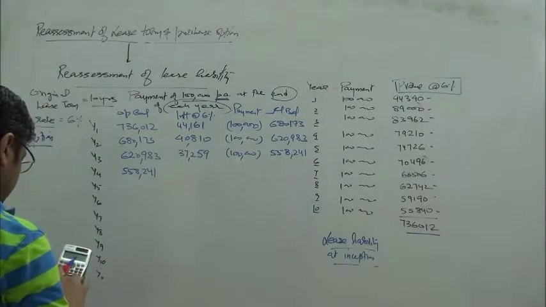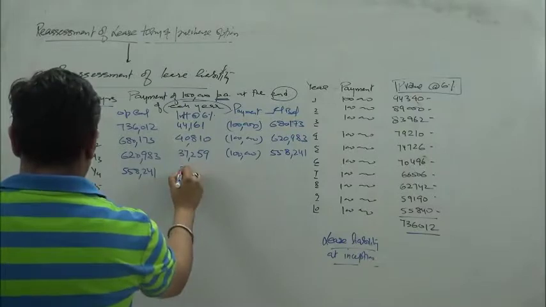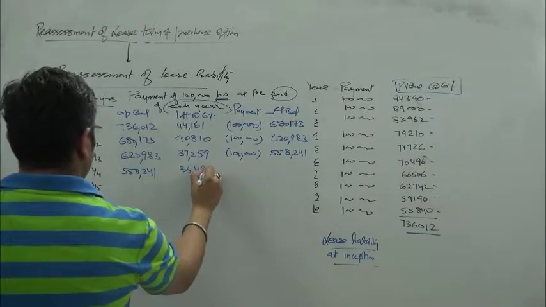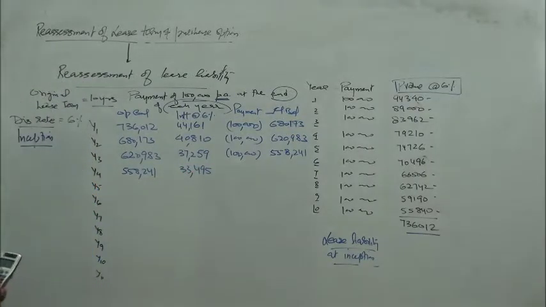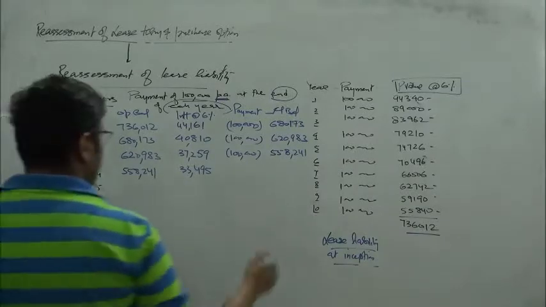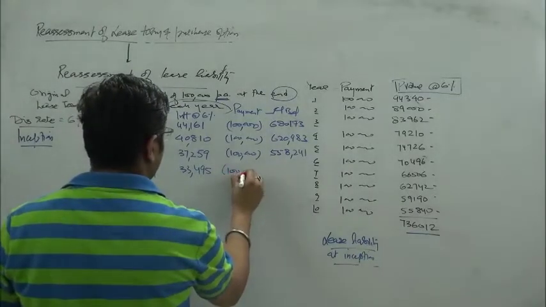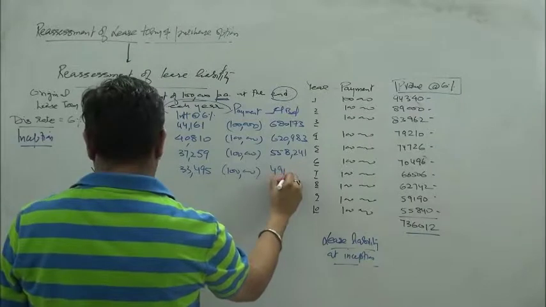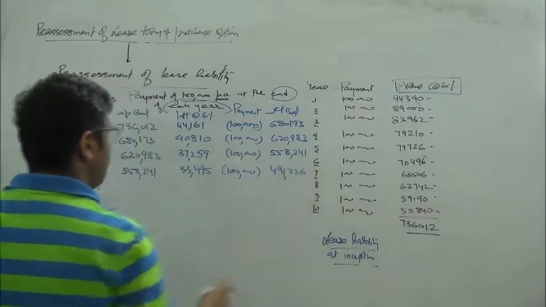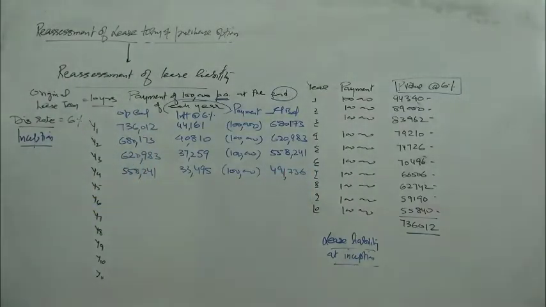558241, and I take 6% of that as well. That comes to 33495. This gives me 491,736. Okay, so now what I'm doing is basically saying that at this point in time,